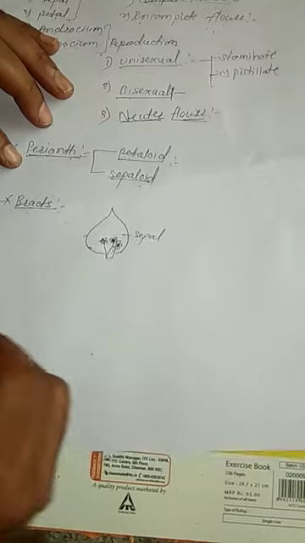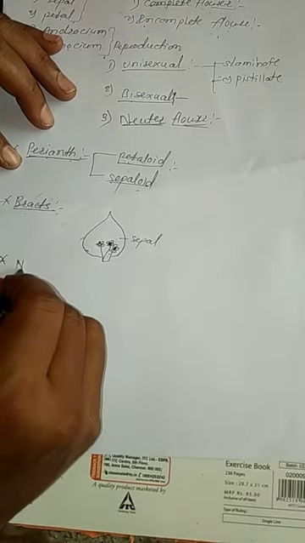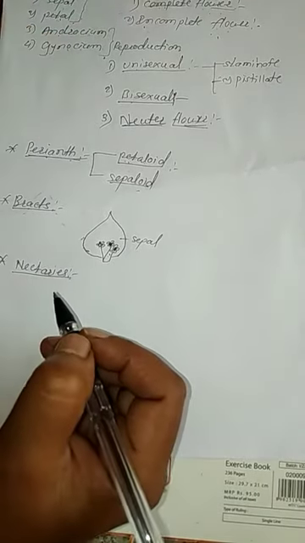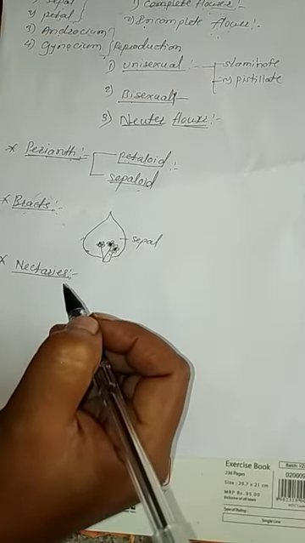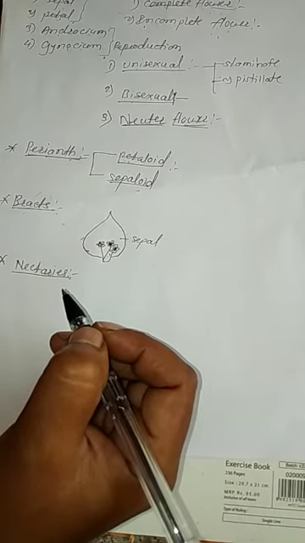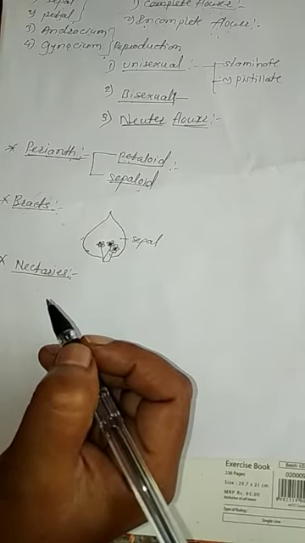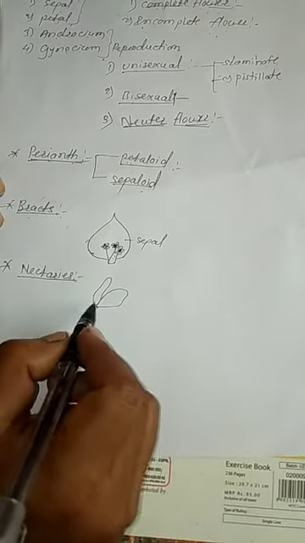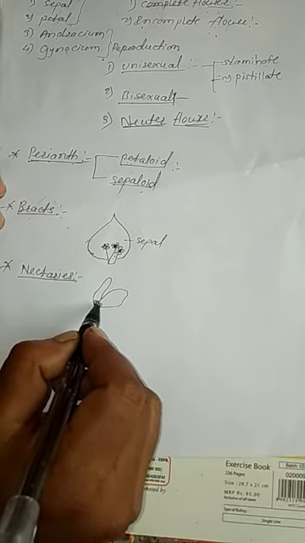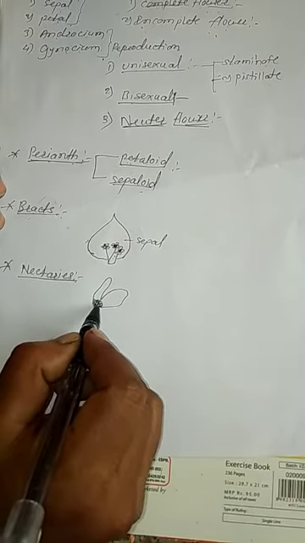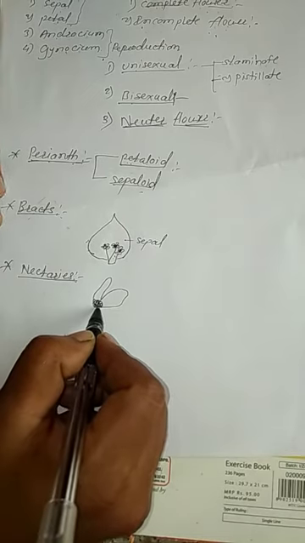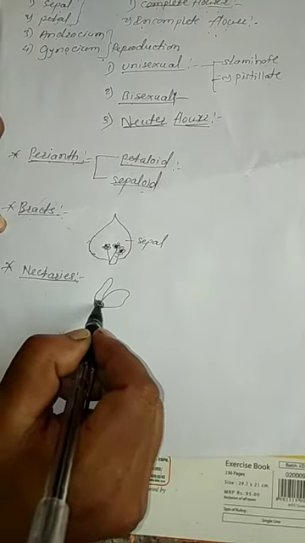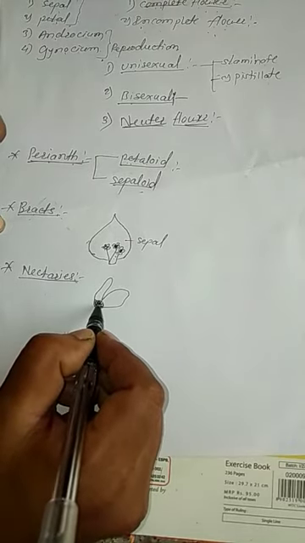Next important definition is the nectarize. You know that nectar. Nectar means what? The sweet juice which is present in the flower, and the honeybee is attracted towards the flower to suck the nectar. See, these are the petals of some flower. In the base of the petals are some tissue, some juice-secreting glands, and this tissue secretes a juice sweet like honey. And this condition of the flower is called the nectarize.